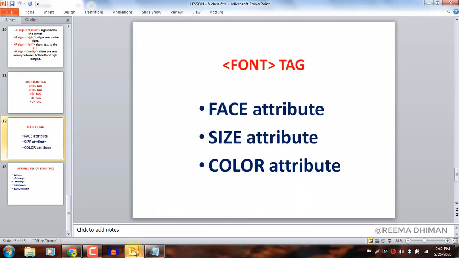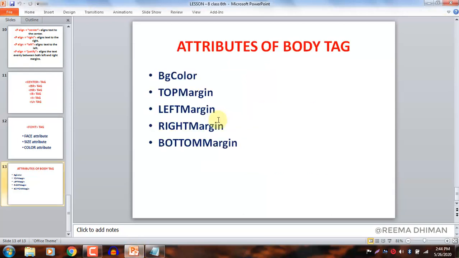You can use the various colors. The chart is given in your book. You can use that chart also. So these were the attributes of the font tag. The first attribute we have learned is face, then size and then color. We can use these attributes according to our choice or requirement.